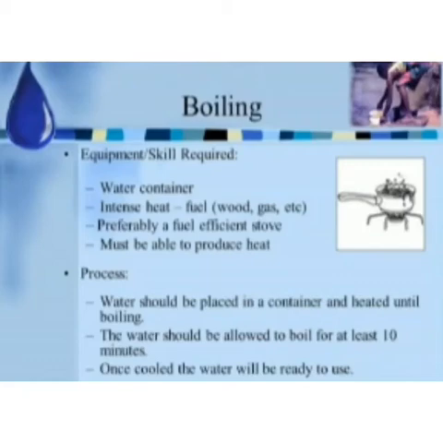We need a container and a place where we can heat it, that is, a burner. First we will take a container and put water into it. Then we will heat the water for at least 10 minutes.